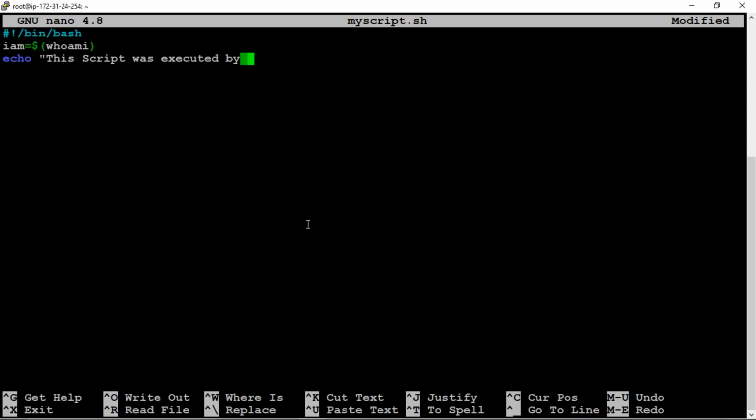So I'm using who am I as a variable, $IAM. Right. So now what is the output will we get? So I want the output as this script was executed by IAM.